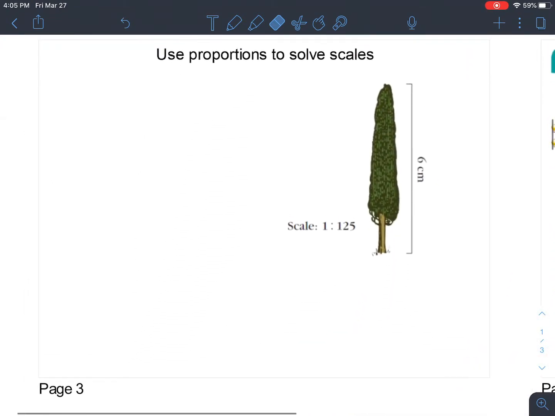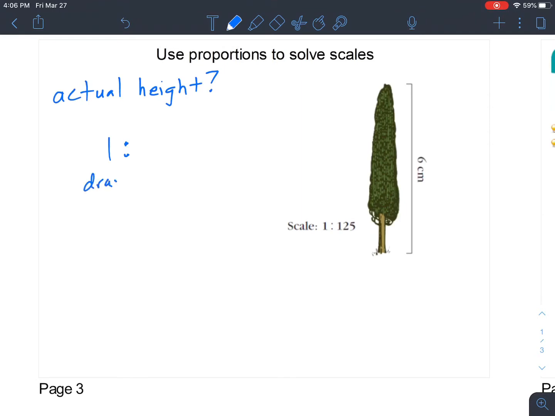Now, when we are using scales and trying to solve for values, we are going to use proportions. So here is a picture of a tree. We're going to say that the picture is 6 centimeters tall. We are told that the scale is 1 to 125, and we are going to use that to figure out the actual height. The scale is already kind of set up to help us, because the 1 to 125 is saying 1 is the drawing and the 125